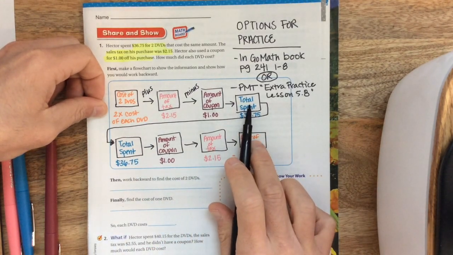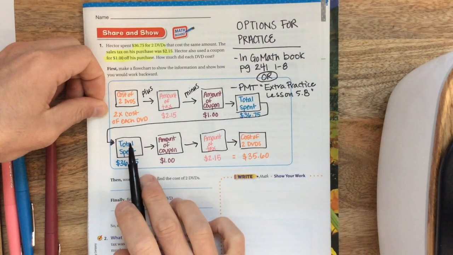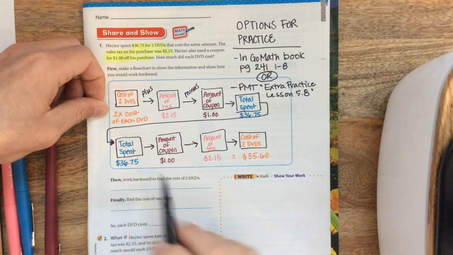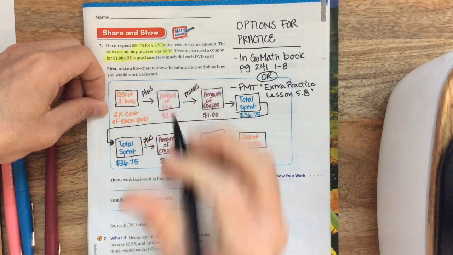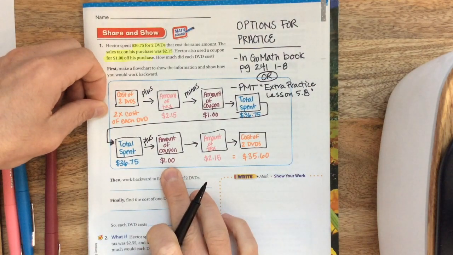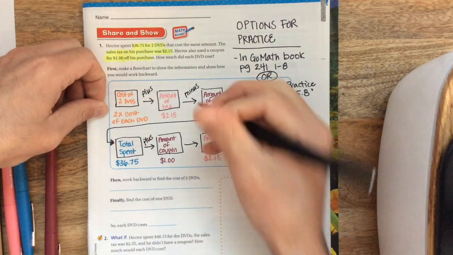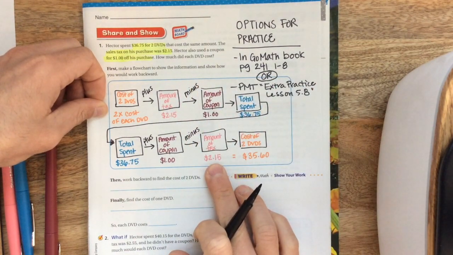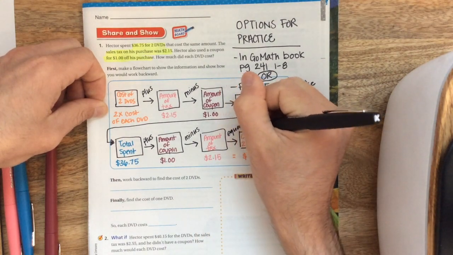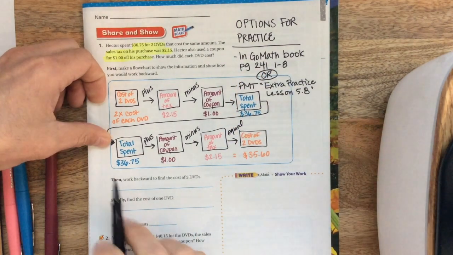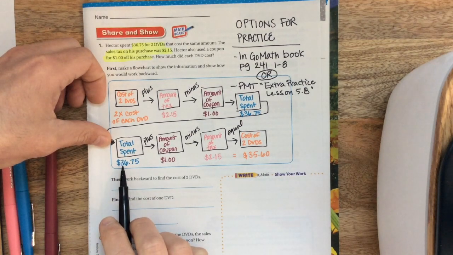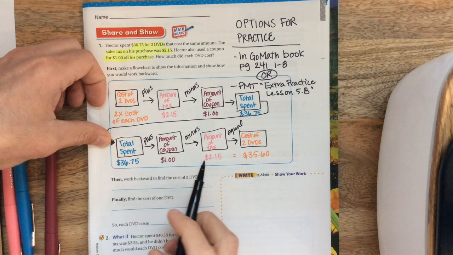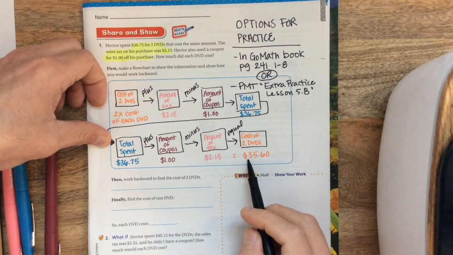So this was our ending number, and now this is going to be our beginning number. So now we are starting with our total spent of $36.75. We are adding back in that coupon so we can really look at the full picture. And then we are going to subtract the amount of tax, and that's going to equal the cost of the 2 DVDs. So if I have $36.75, I add $1 to it, so now I'm at $37.75, and then I take away $2.15,